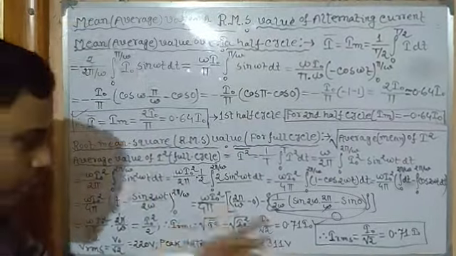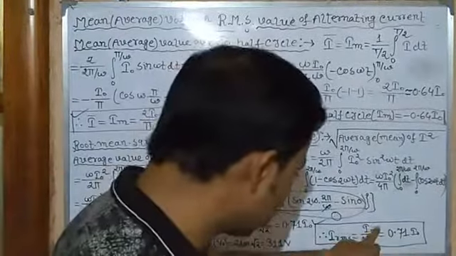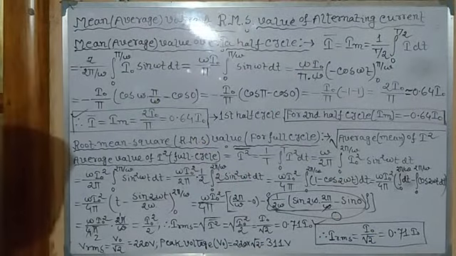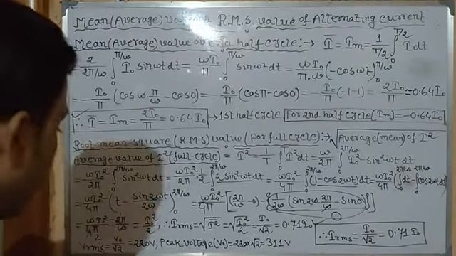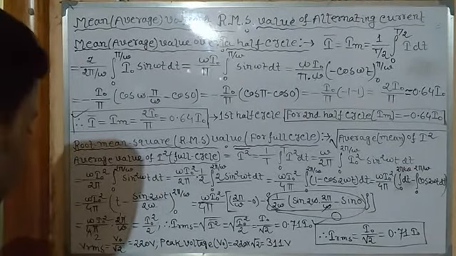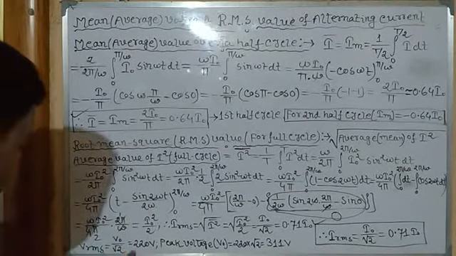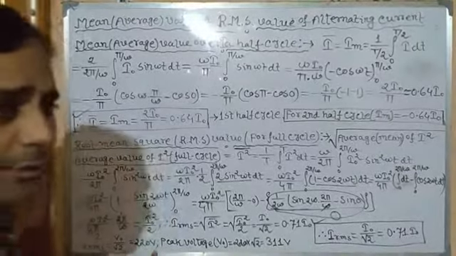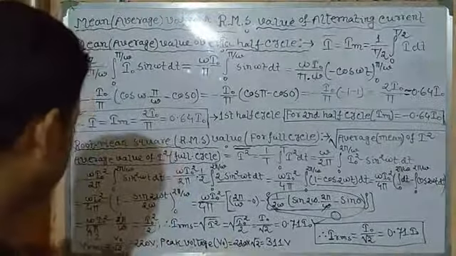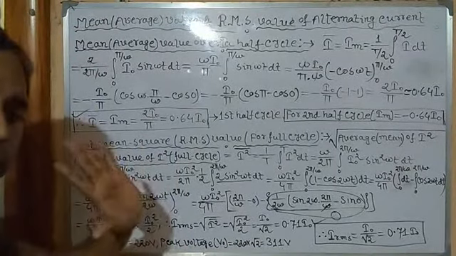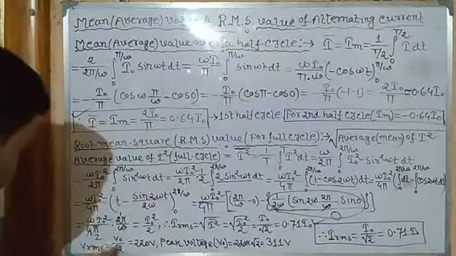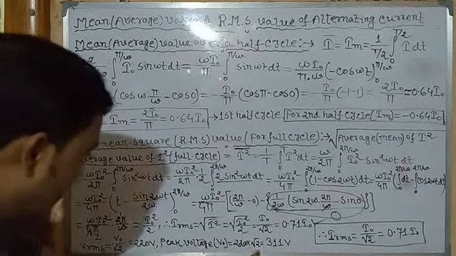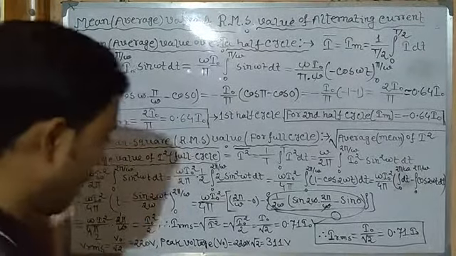So now we have two values, isn't it? IRMS and I0. What is I0? It's the peak value, the maximum value. So from this we can find out the peak voltage or peak current. Vrms is equal to V0 by root 2, equal to 220 volt, as I said. The voltage we use in our household is Vrms, that is 220 volt. But there is a peak voltage. So peak voltage V0 is equal to Vrms into root 2. If we multiply by 1.414, we get 311 volt.